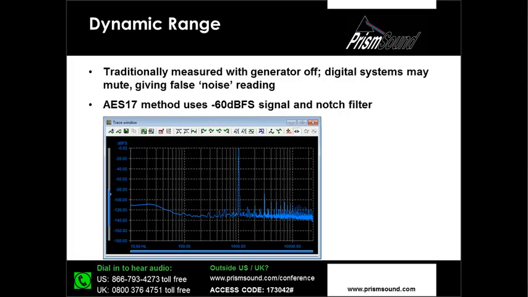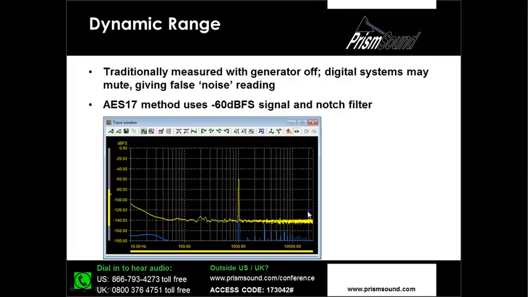So what happens then? Well, here's a measurement, an FFT, of an A to D converter running at a signal amplitude of 0 dB full scale at its input. And we can see the noise here, we can see some distortion products, possibly some intermodulation artifacts as well. If we reduce the signal level by 60 dB, then all of that distortion energy also gets reduced by 60 dB. The noise probably doesn't,